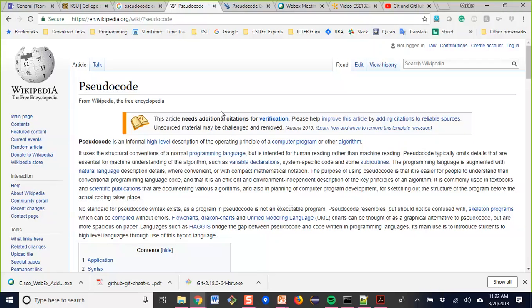If you do a Google search about pseudocode, you will get a lot of examples.